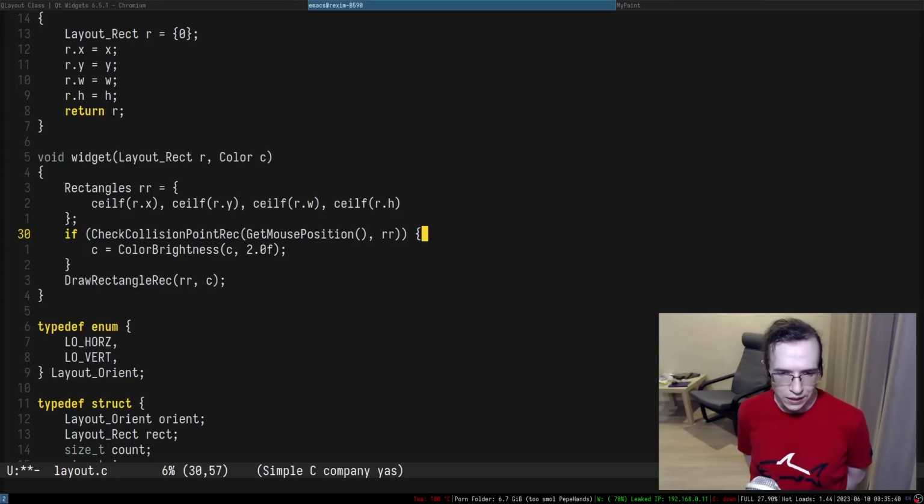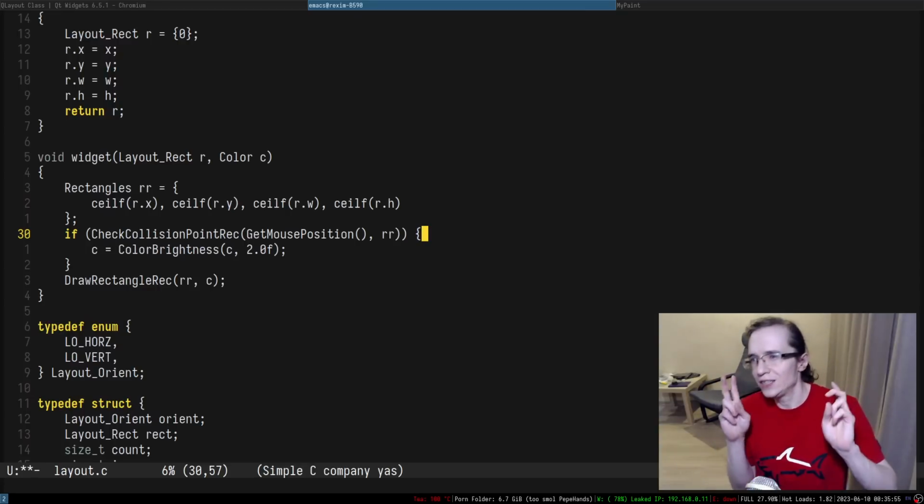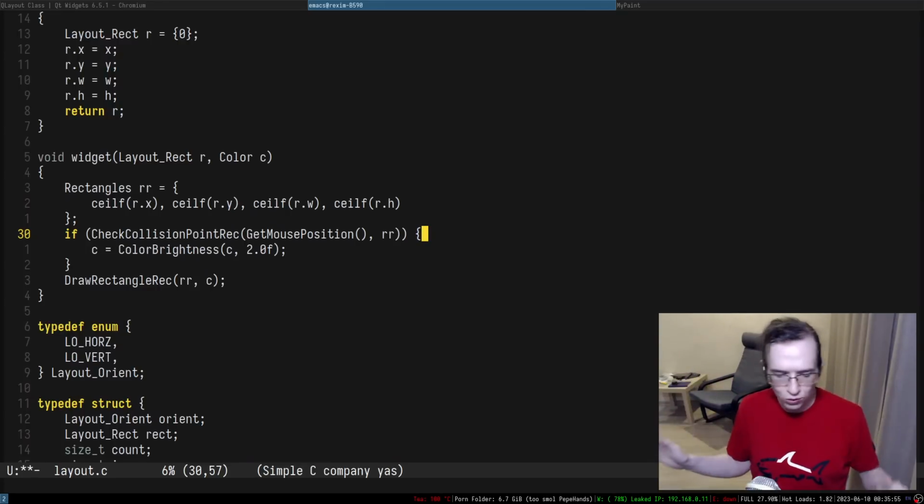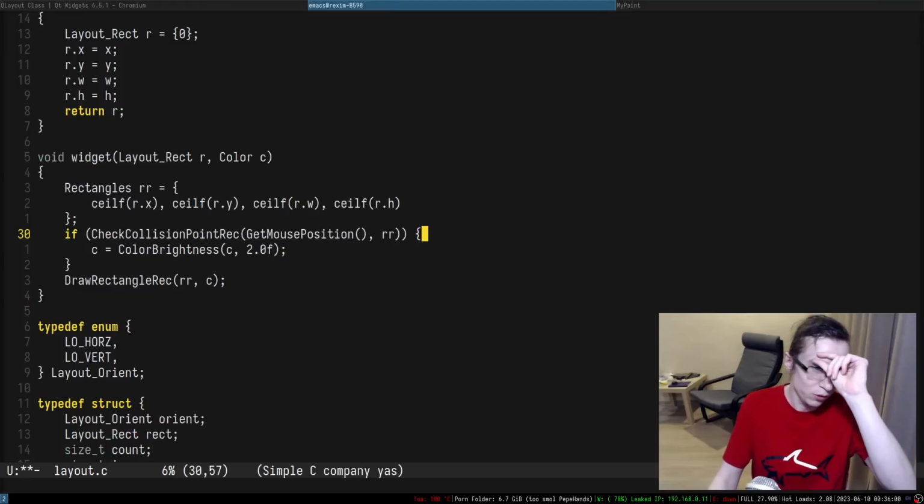The question is, do I want to switch completely to the raylib rectangle? I don't really want to depend too much on raylib, to be fair. I want raylib to be one of the graphical backends that our library can use, but if you don't want to use raylib, you would be able to use something else.